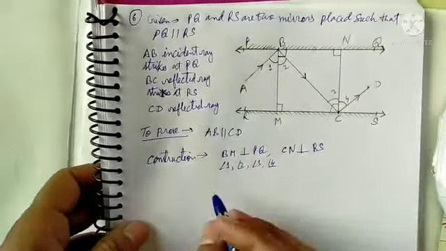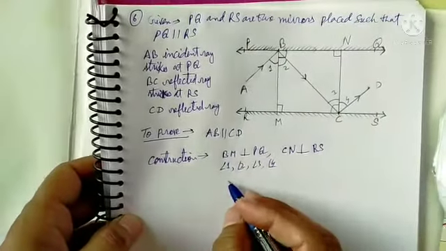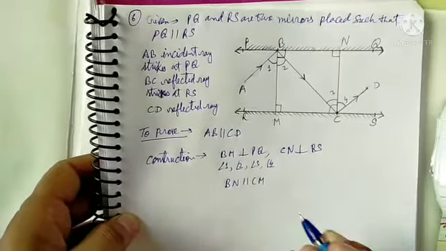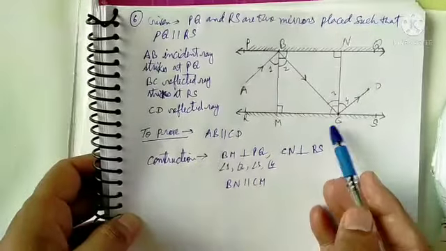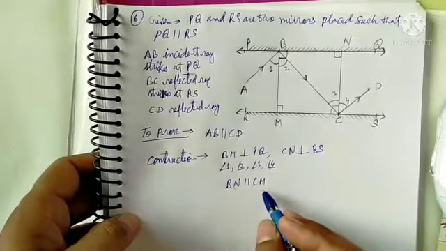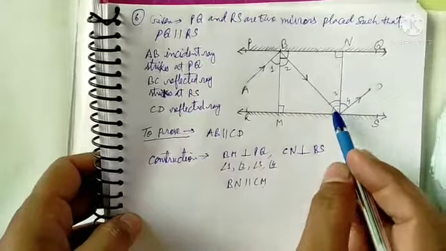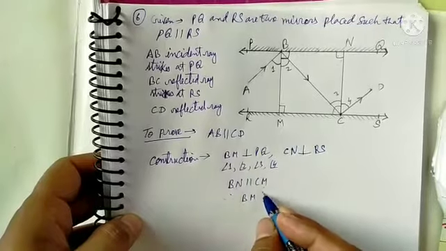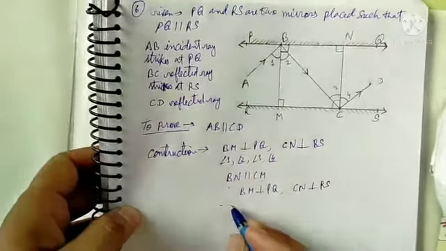So what we do here, you can see that BN is parallel to CM, BN parallel to CM. Why? You know that BN is part of PQ and CM is part of RS, so definitely they will also be parallel. This is 90, this is also 90, and both are perpendicular. We know that BM is perpendicular to PQ and CN is perpendicular to RS. So therefore,